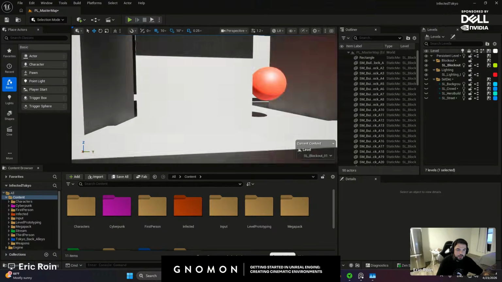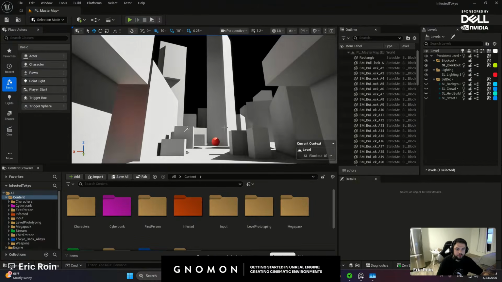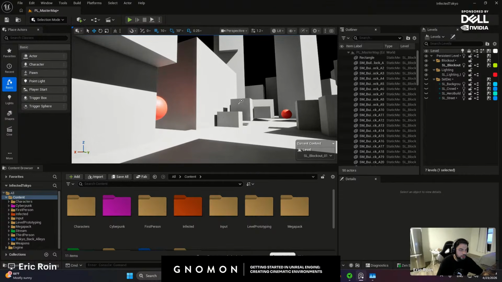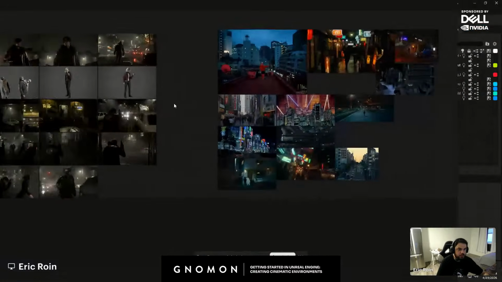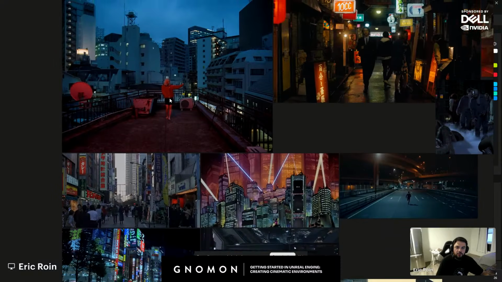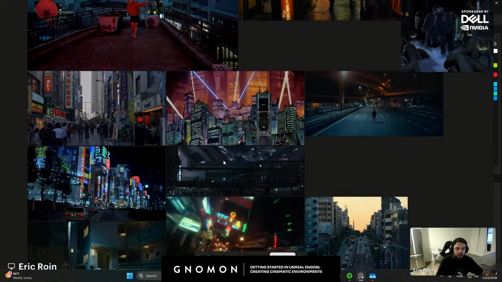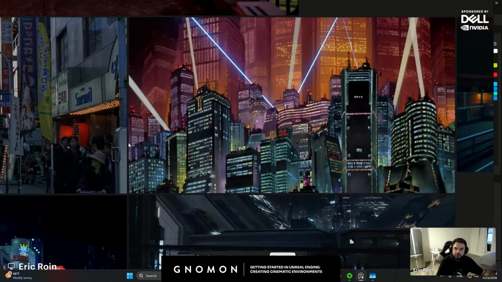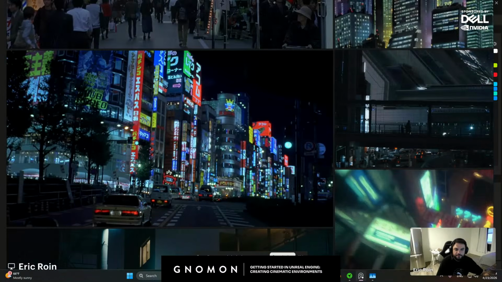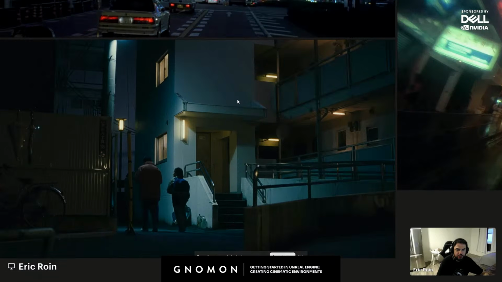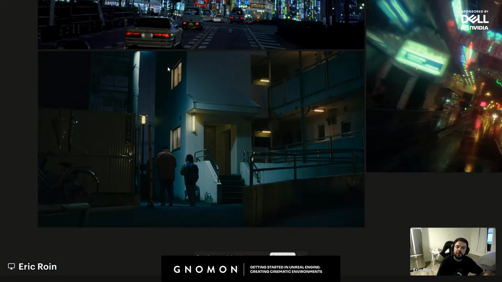So the idea behind this space is that I wanted to block out some sort of alley, inspired by Tokyo. Here's some of the references that I was looking at. I'm gonna pull up my PureRef. I was really inspired by how dense Tokyo can be. Some of the concept artwork, even old school concept art, is really impressive. And like I was saying, I've never been myself, and I think it will be a great place to check out. You can see this is almost very painterly, like the shadows and how the light hits all the environments.